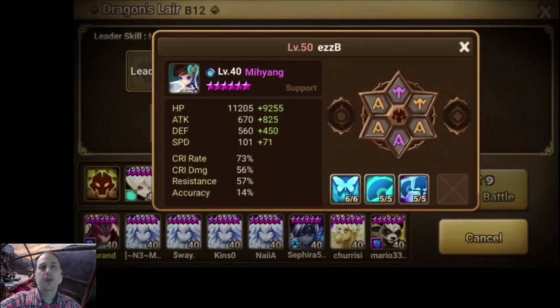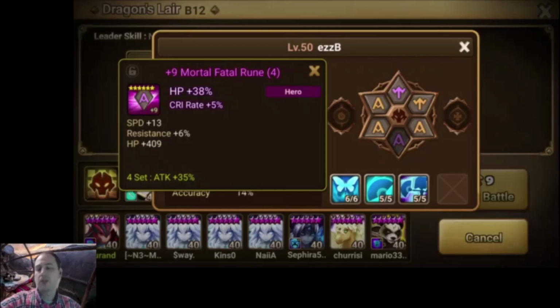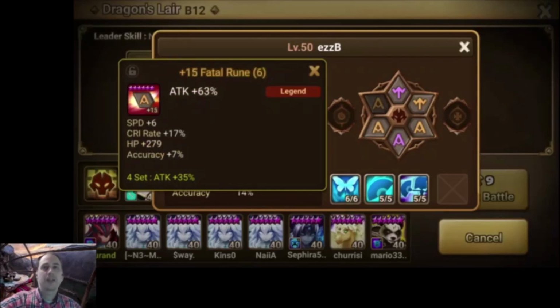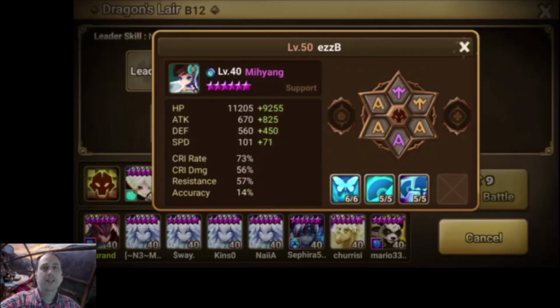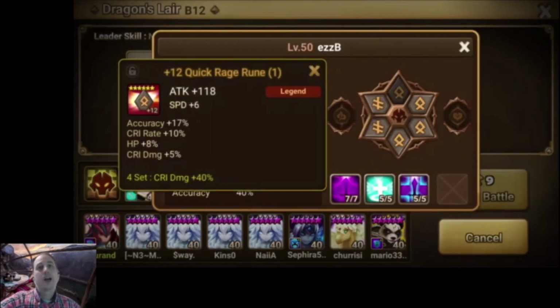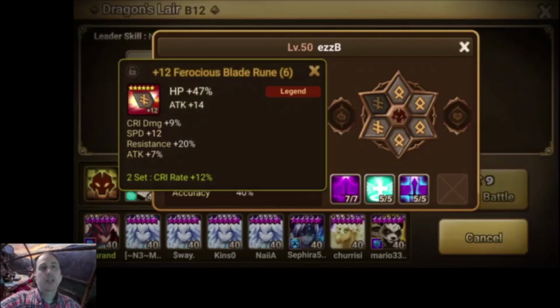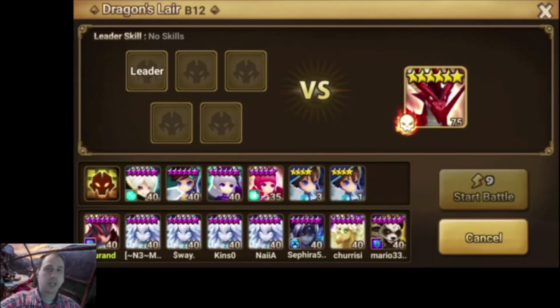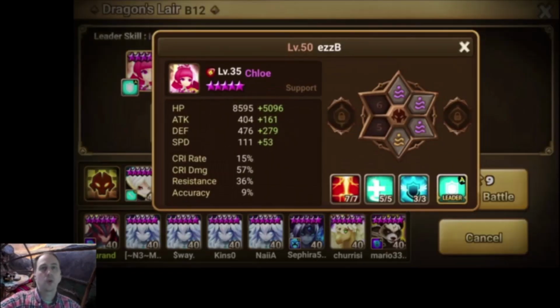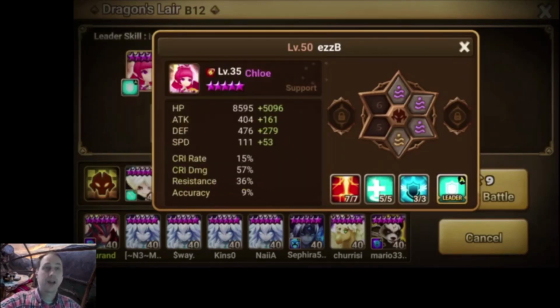Just to prove how easy it is, here is the rune quality of the monsters that I used. These are just random runes that I've had on my Miang forever, nothing special, and a bunch of those runes I could actually take off and the run would still work. Same is true for the Rashid. These are runes that I just had on the Rashid when I was playing around with it, and a bunch of these runes could be taken out, and the rune quality could be lower. The Chloe, you see here, only has 4 runes,